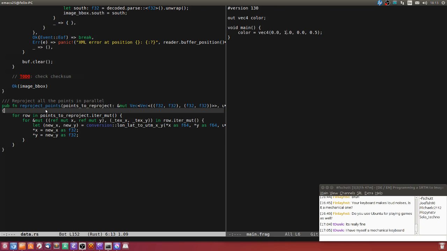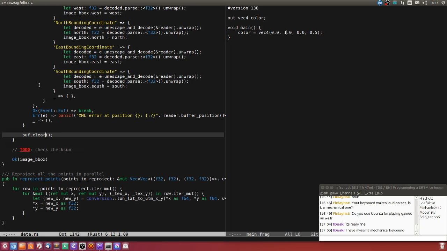The problem is that the data here is too much to handle for any regular debugger, so there are possibly millions of points. The first thing to make sure is that we actually reproject the